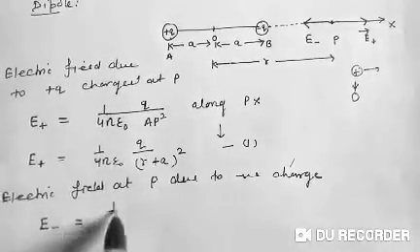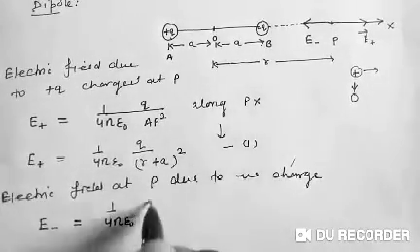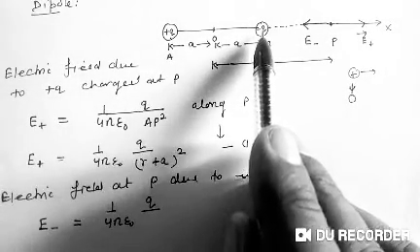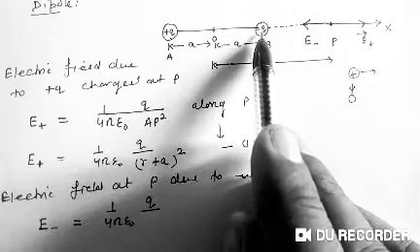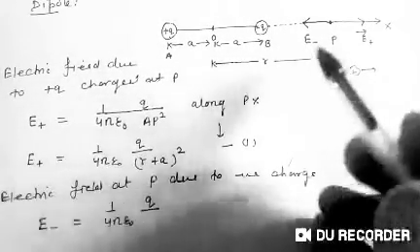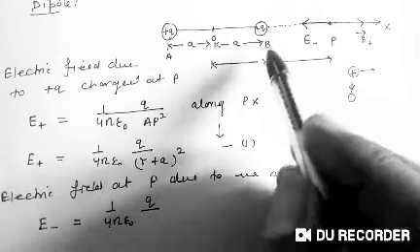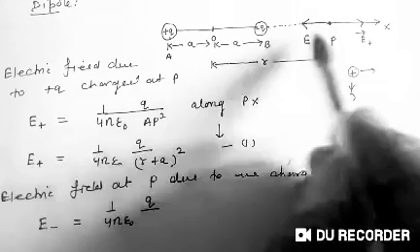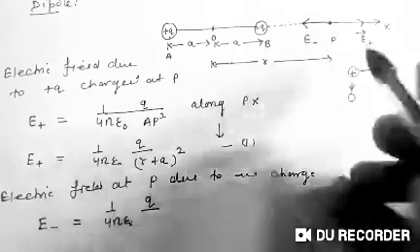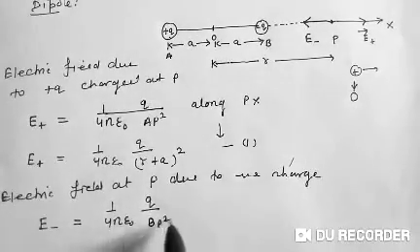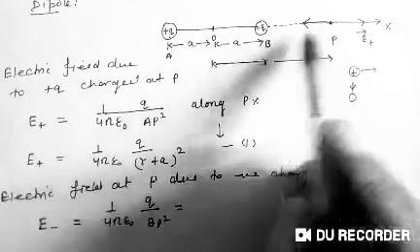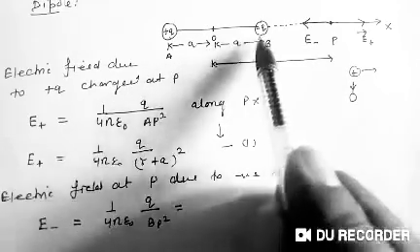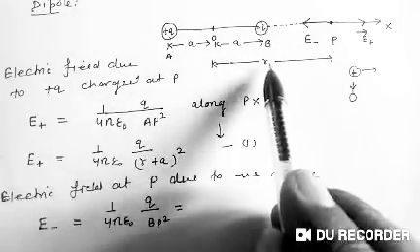So E negative is 1/4 pi epsilon 0 q, in magnitude q, otherwise its sign is minus, but we will take the magnitude here. Now what is the distance? It is not r square here, but B to P. This is the source charge and this is the observation point, so BP square. So what is now BP? We don't know BP, but we know this whole distance is r and this distance is a. So simply subtract